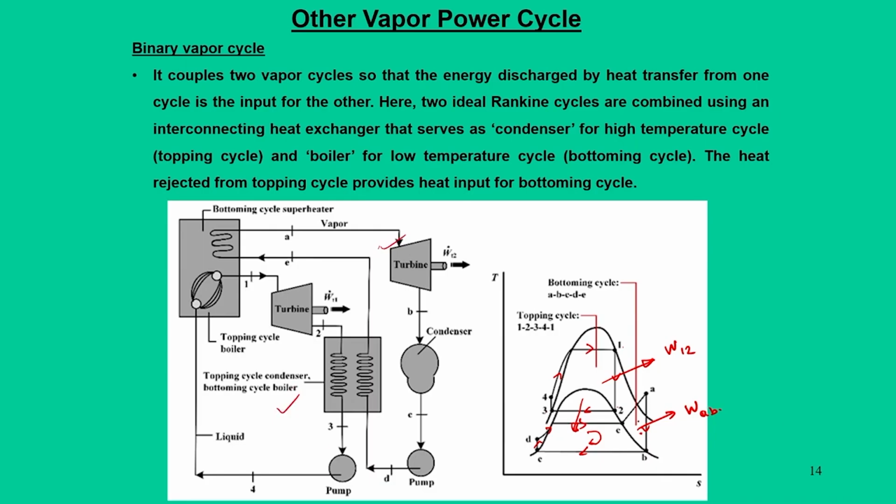So, the bottoming cycle works as A, B, C, D, E, A, and the topping cycle as B, C, D, A, which means that the topping cycle condenser works as the bottoming cycle boiler, and both of them have the same unit. Two power units, WT1 and WT2, come into the picture. And another feature is that for both of them you have a common steam generation unit,